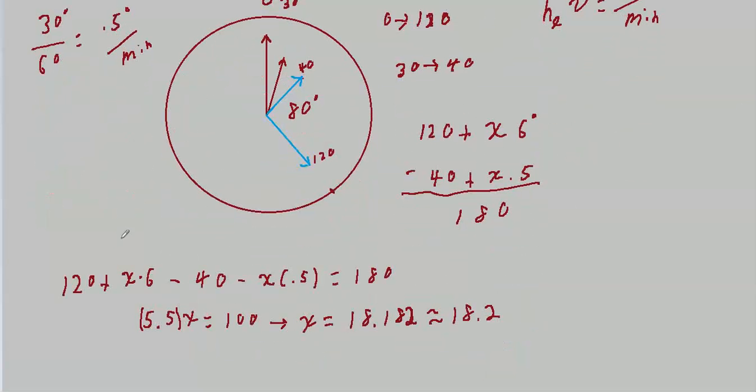So we just set up our equation here. We've got 120 plus 6 times x. X is the number of minutes, which we don't know yet. That minute hand right here is already at 120 plus some number of minutes, and is going to form a 180 degree angle with the hour hand, which is also moving, which is why we have to incorporate both into our equation. This one starts out at 40, and we subtract the position of the hour hand from the position of the minute hand, and get that 5.5x equals 100. That means that 18.2 minutes have elapsed